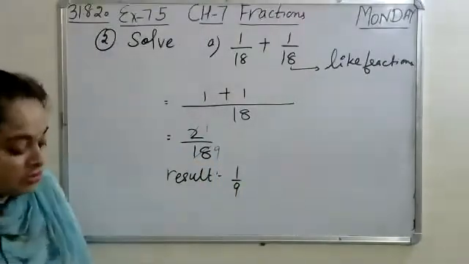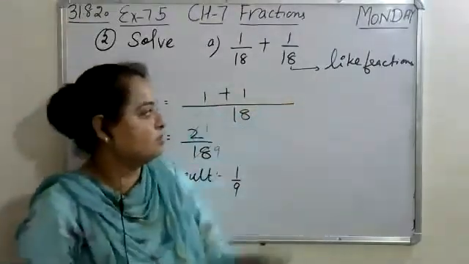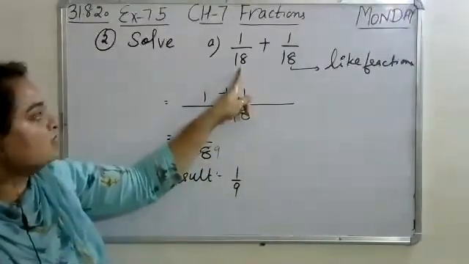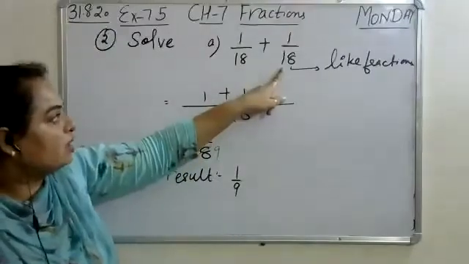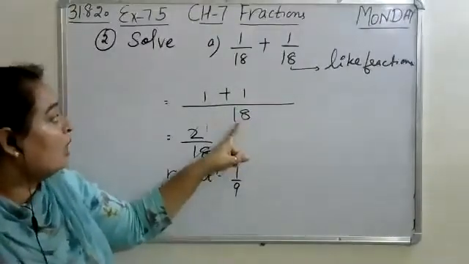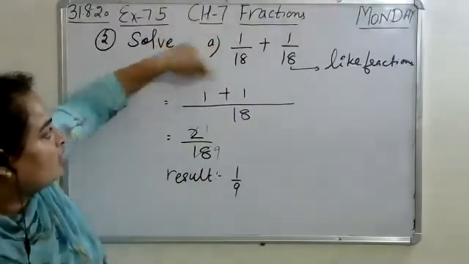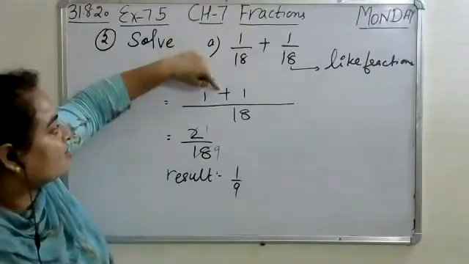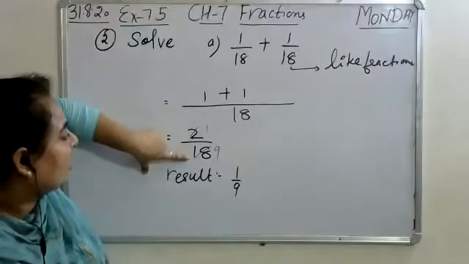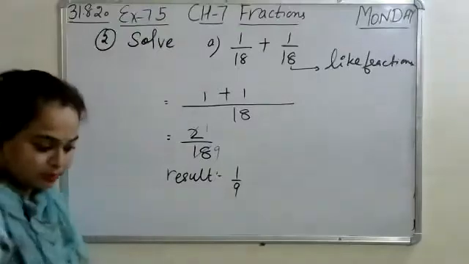So note down, this method we will apply if the given fractions are like fractions. So write here the denominator. In the first fraction, the denominator is 18. In the second fraction, the denominator is 18. So you will write here the denominator along with the numerator. Check the numerator. This is 1. So you will write here 1. After that plus, you will write here plus, again 1. So 1 plus 1 is equal to 2. So 2 by 18. Both are multiples of 2. So cancellation in the table of 2. So note down.